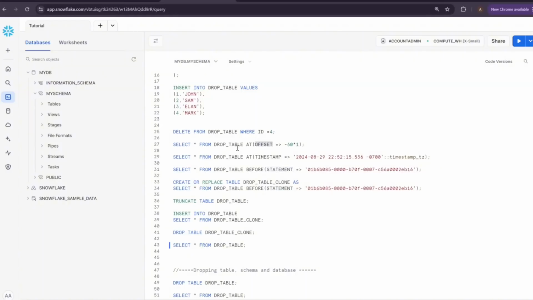So this is the command through which we can do select star from the drop table at a particular offset, right? Let's say I want to know what the data in my table was, drop table at 1 minute ago, before running this delete statement. Because I ran this delete statement in the last 30 seconds. So before 1 minute, what was the state of my drop table? I want to check it. So if I run this particular statement,